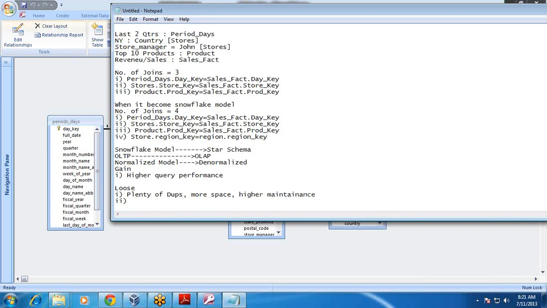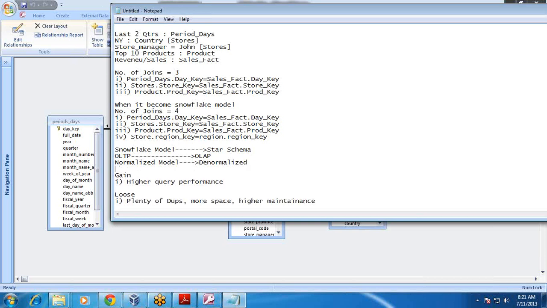So we go back to fundamentals of database. Why do you normalize? To manage your insert, update, and delete anomalies. And the overall idea of normalizing is to reduce the duplicates so that you can lower the maintenance cost, and insert and update operations can be managed easily. The normalized model is well designed for transactional systems